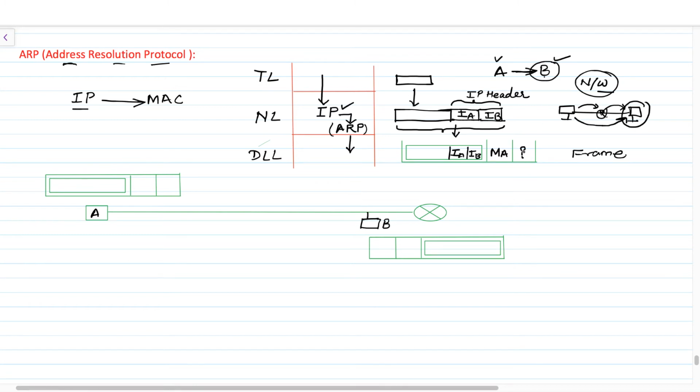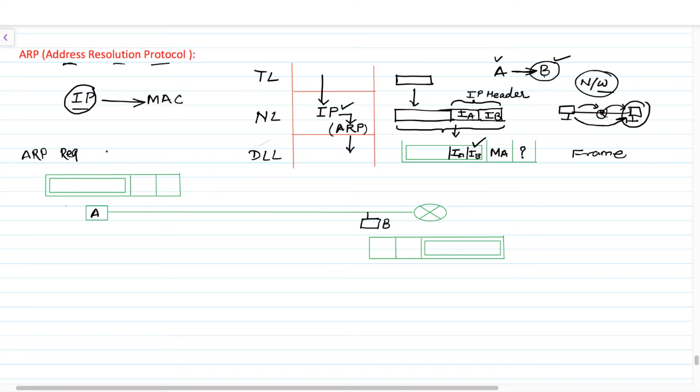So to get the MAC address of the destination, here ARP is going to play its role. As we know the destination IP address only, here we need to get the MAC address by knowing its IP address only. So before preparing this frame, the sender will prepare an ARP request in order to get the MAC address of the destination.